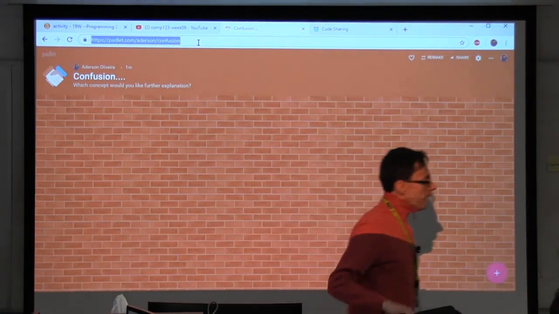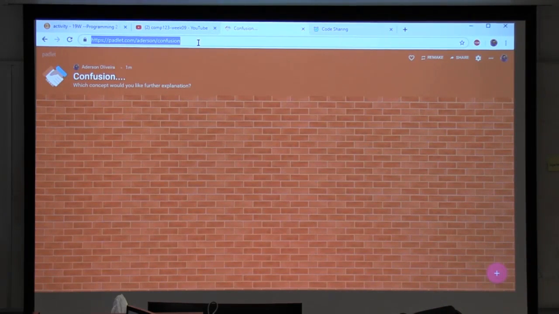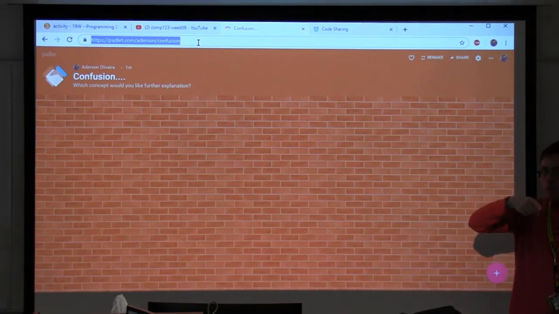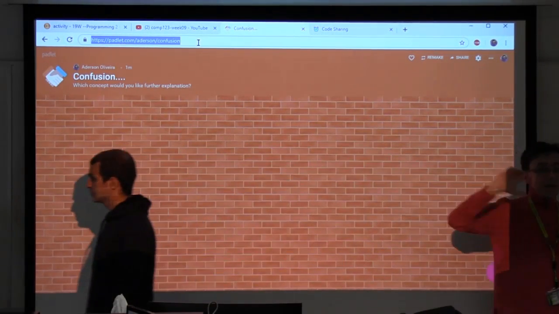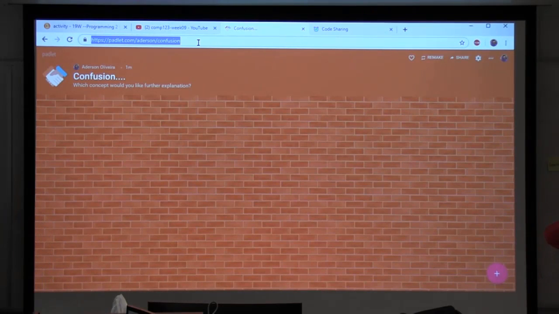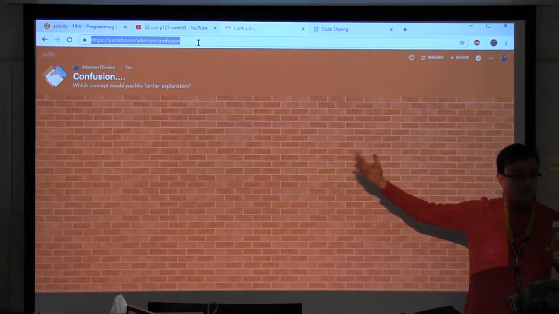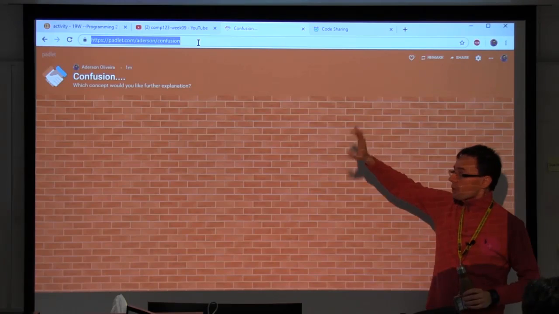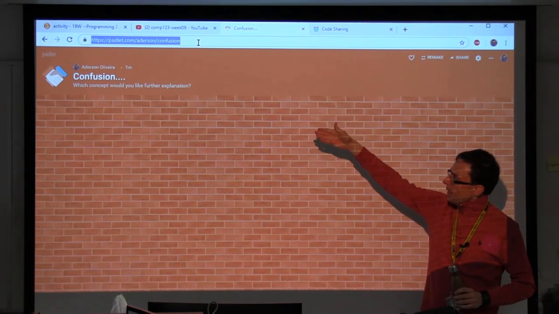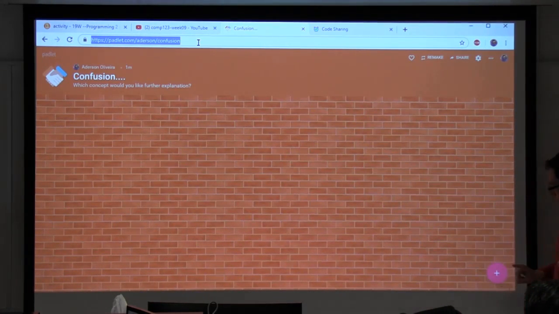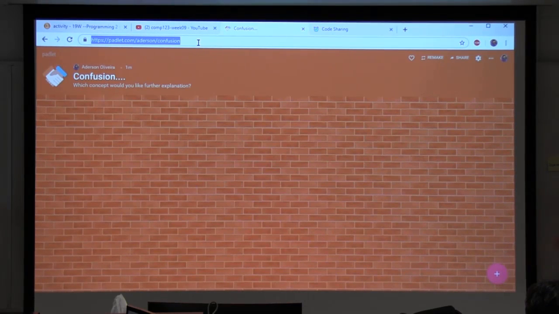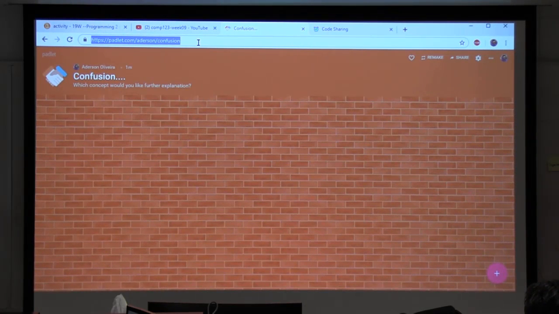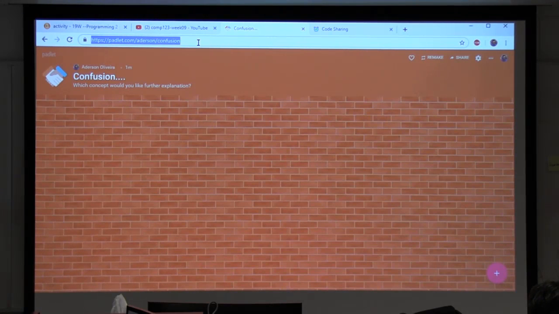So here's the other thing. As you post them, once you are done, take a picture with your phone, and actually before taking a picture, go to this address and take a picture from the app. Well, it's from the website, because then we can share with everybody else. Everybody else can see it. So again, let's use that confusion one. padlet.com/address/confusion. You can click on adding a note. When you add a note, you will have the option to take a photo. So you can take a photo of your set.